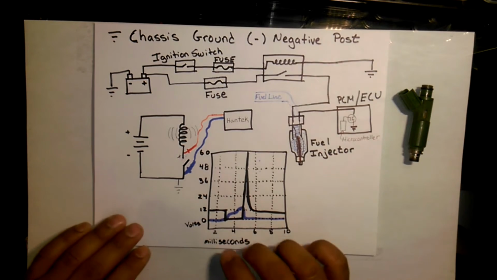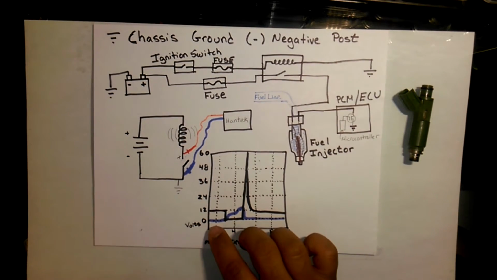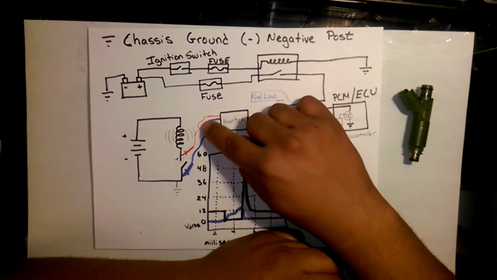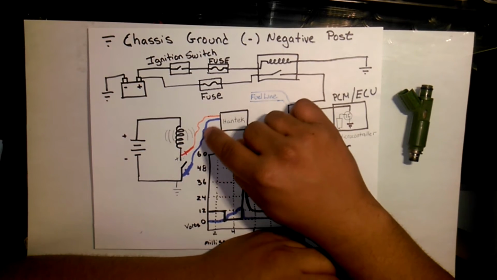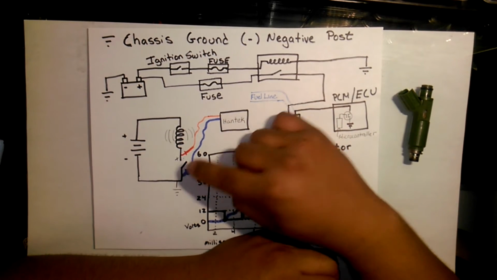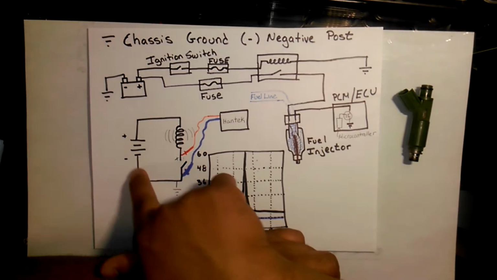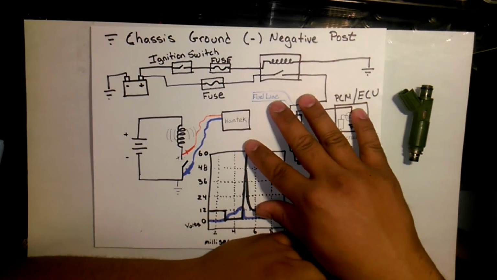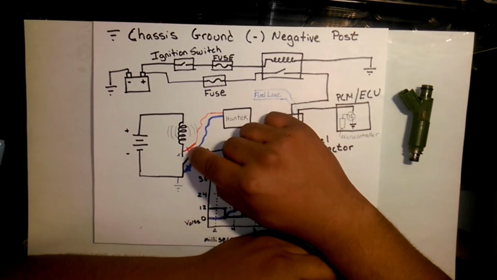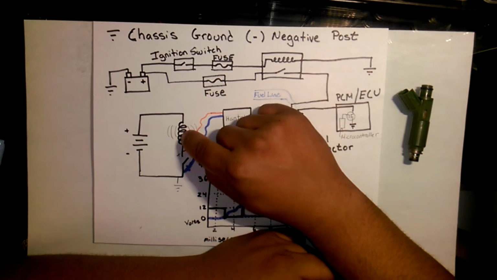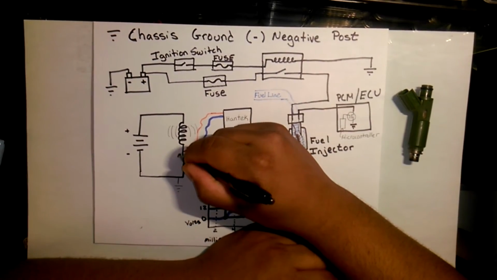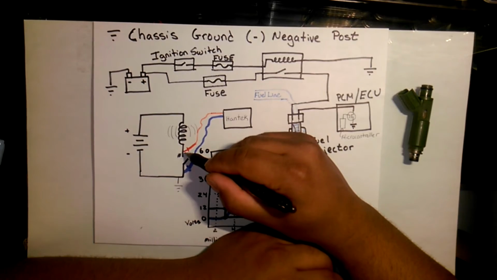So at time equals 1, let's say, if we assume that this is the Hantek oscilloscope, and the orange lead is the positive lead and the blue lead is the negative lead, and we have the negative lead attached to the negative part of the battery, also known as chassis ground, and we have the positive lead on the negative side of the fuel injector,